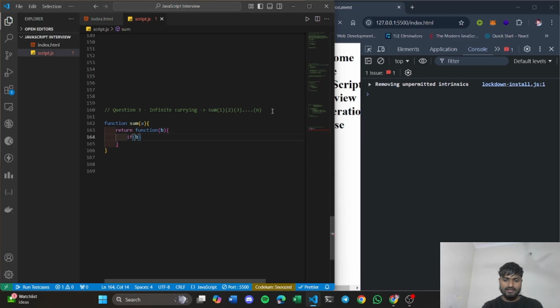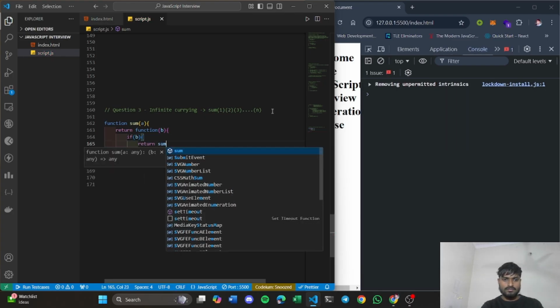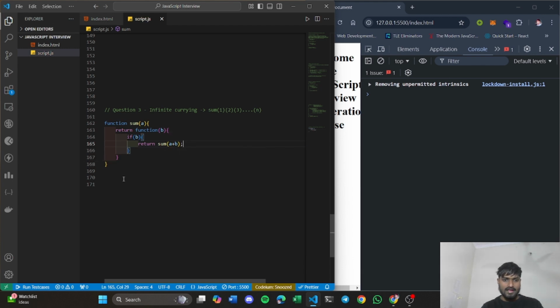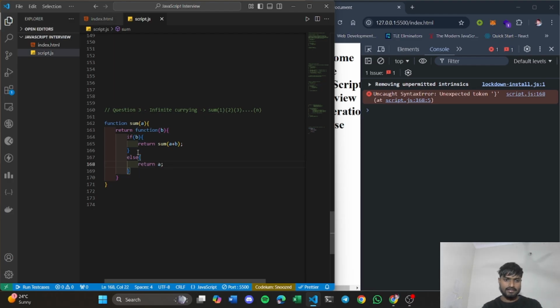So now for implementing this infinite currying, you will have to provide a condition that if there is b, then you will return again with the pre-computed value of the given parameter, right? And if there does not exist any b, then you will simply return a, right? So what does it mean here? Let's say a is 1. You pass a, then it returns another function that will take b as parameter. If b is there, that is 2, it will check if 2 is present, then it will return a plus b,